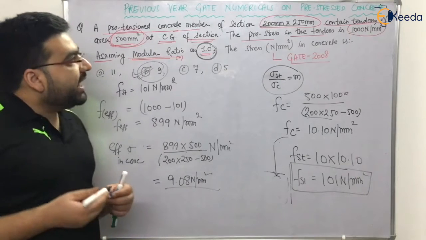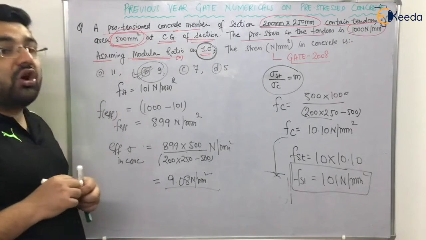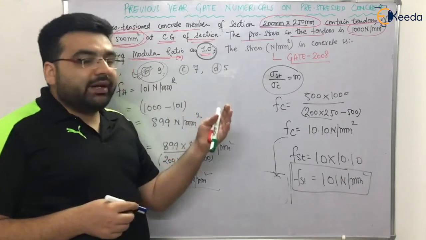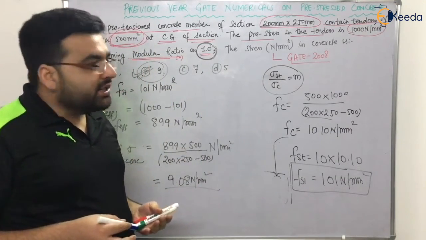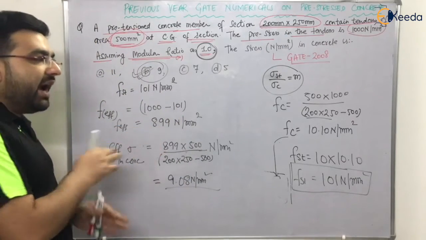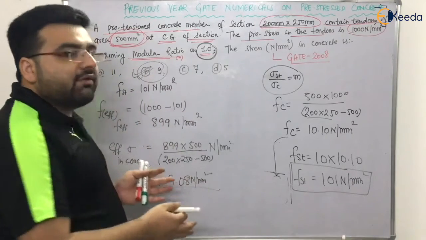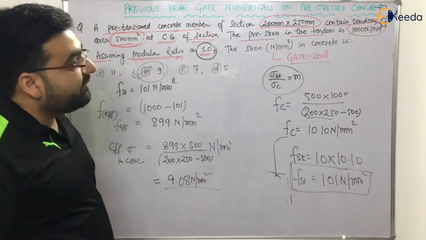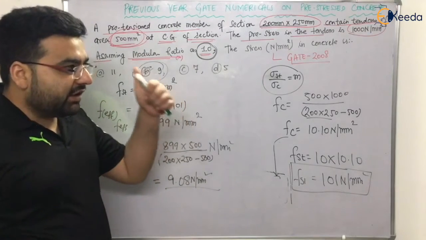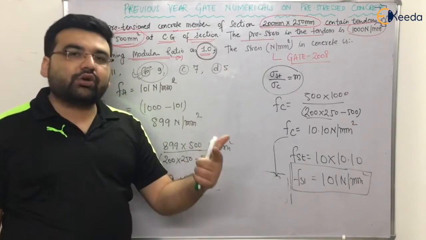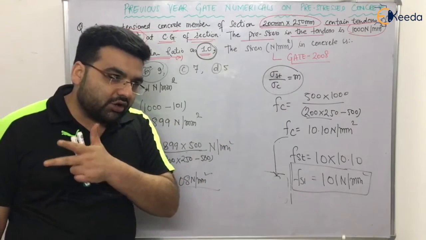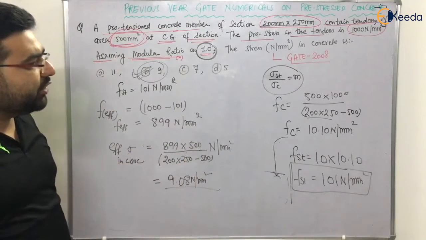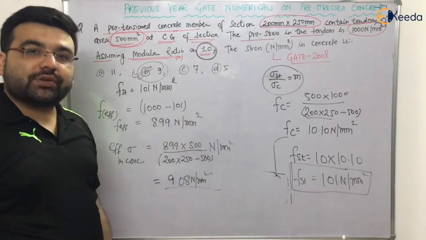So I hope that you have understood how to solve this, right? Because this is the numerical which I found very complicated. If you are studying this numerical, if you have done a lot of practice, it will be a cakewalk for you. But if you have not done practice, I guarantee this question you will find very difficult to solve. If you have good concepts of working stress method, good concepts of limit state method, and you have solved a lot of numericals on the previous topics and in the pre-stress concrete also, this will be a very easy question. Otherwise, it is a very difficult question.